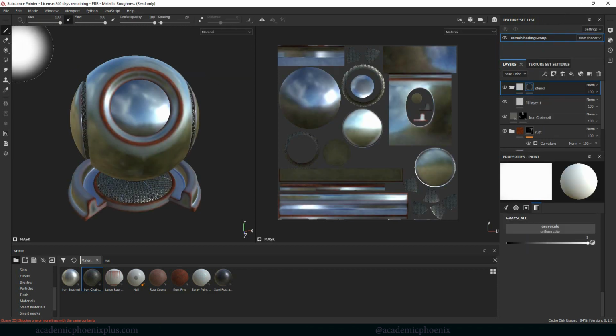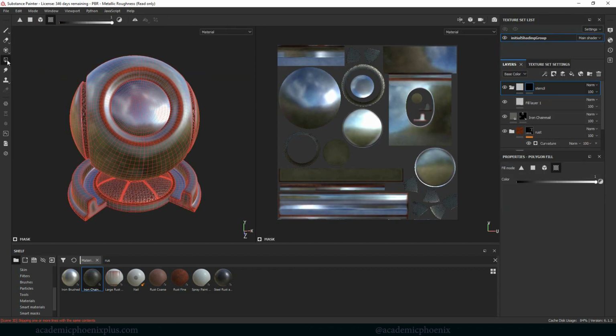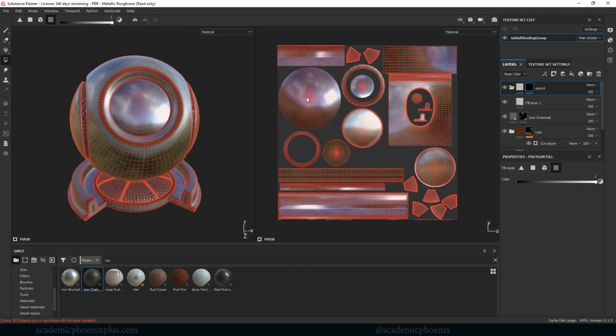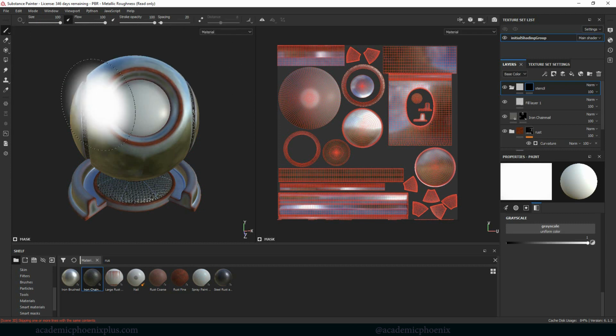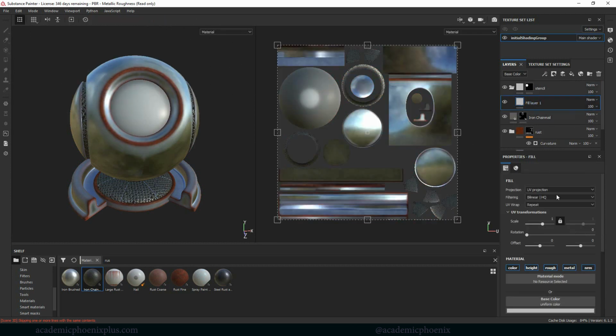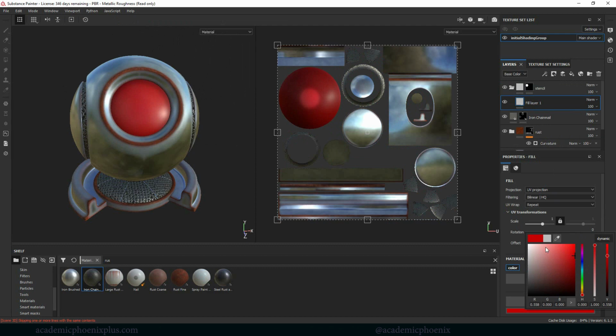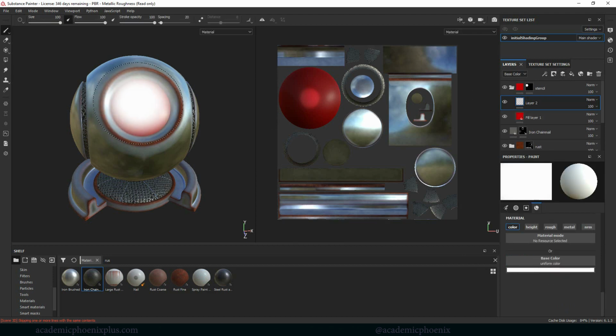And just like we learned earlier, we're going to grab this tool and click on here so you can see the UVs, and just select this particular UV set and then let it go. So we know that no matter what happens, when I mess around with this fill layer, it will only impact that particular area. So now what I can do is create an empty layer. And if I wanted to, and I'm going to reduce my brackets,